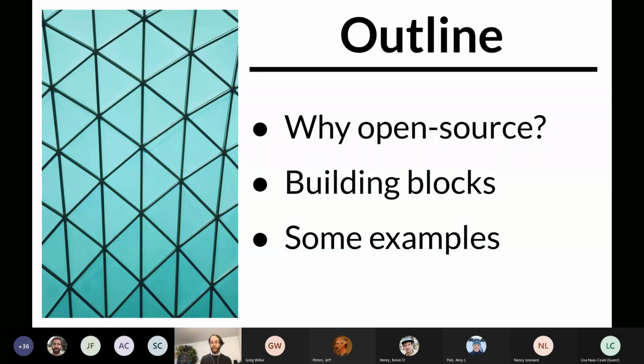I'm definitely not going to show you any code, but if you're interested in learning more about anything that I mention here, please get in touch. We'll also have a list of links and resources at the end of this talk and available on the webinar page and in the chat toward the end.